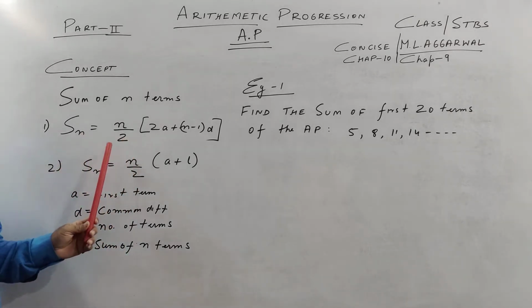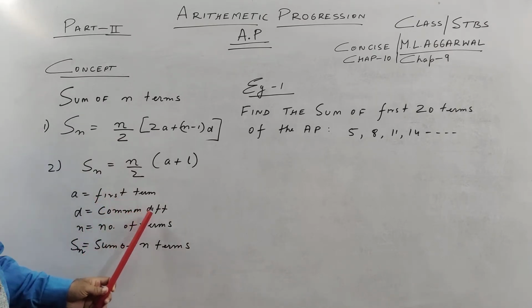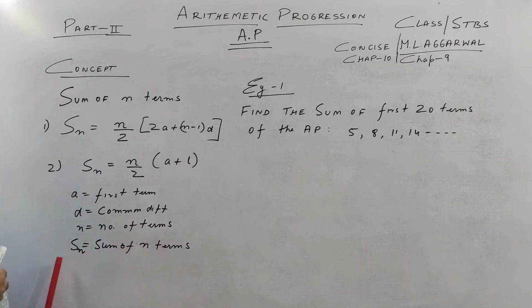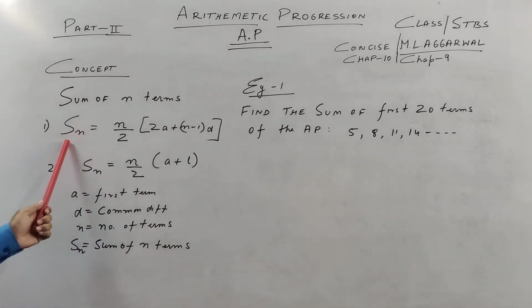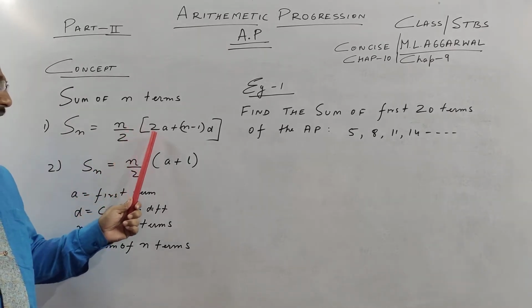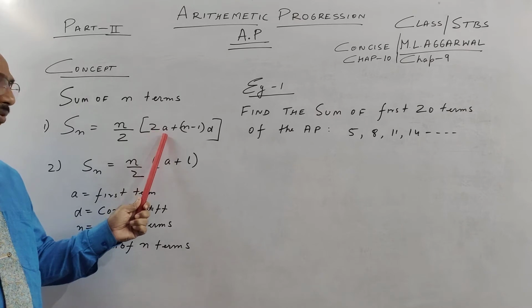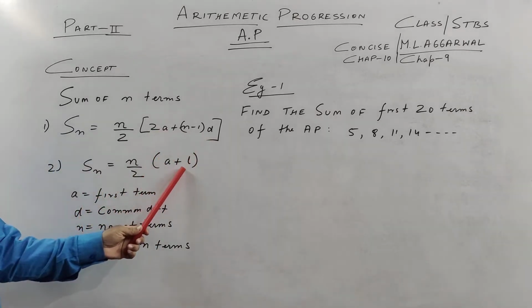So the first formula, children: A is the first term, D is the common difference, N is the number of terms, and SN stands for the sum of n terms. So the sum of n terms is n by 2, number of terms by 2, multiplied by twice the first term plus (n minus 1)d. Or if L is the last term,